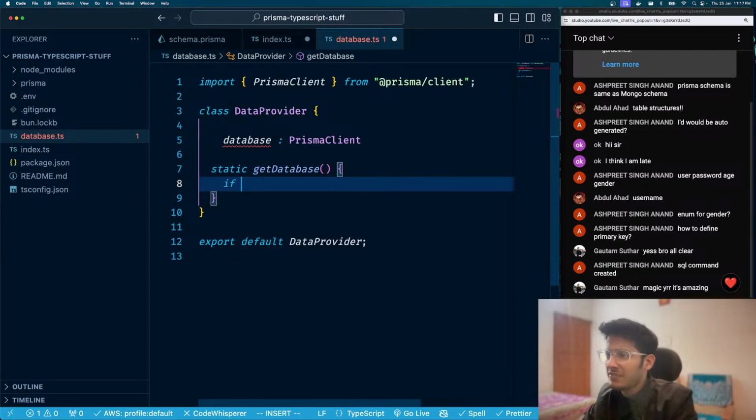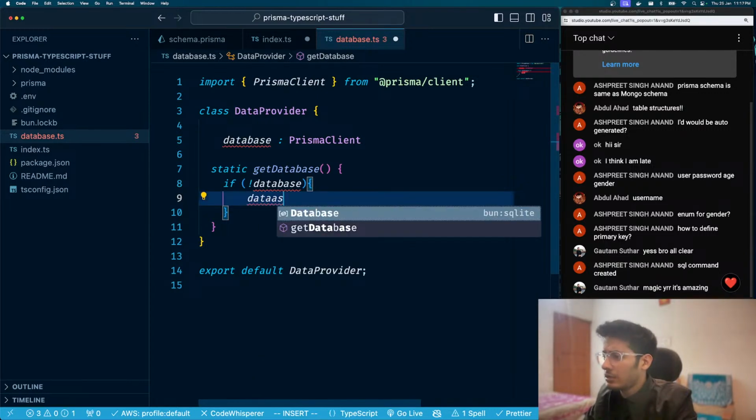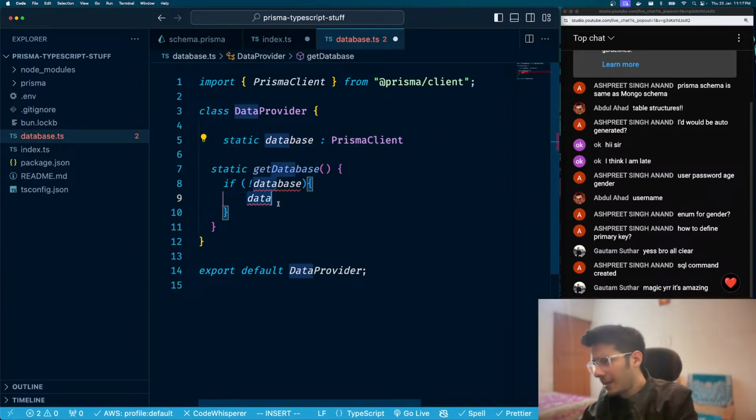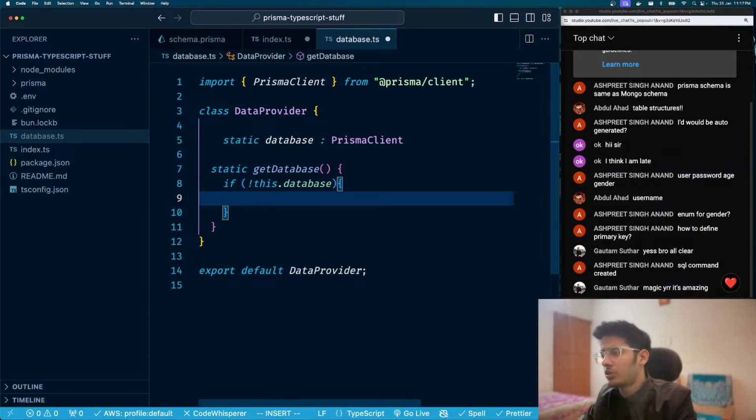So what we say is, if there is no database, then create a database. How do you create a database? You say database is equal to... To make this work, you have to make this also static. Only static variables can be accessed by a static function, pretty standard. Then you can say this.database, which makes more sense. If there is no this.database, then this.database is equal to